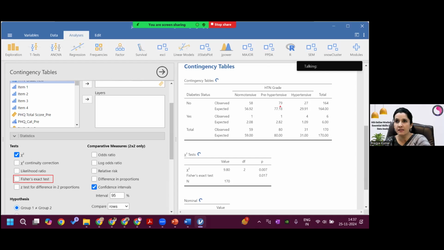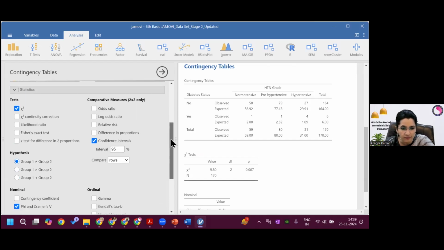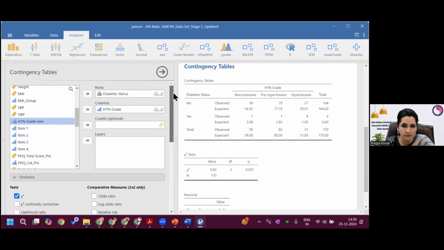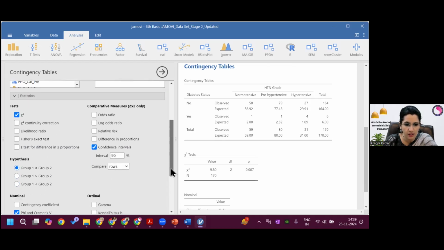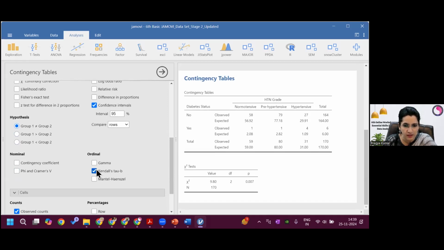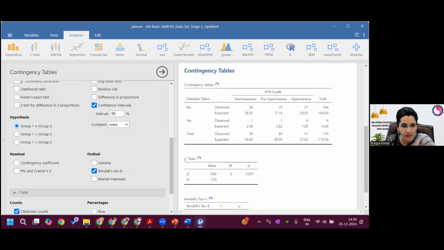And anything else? Akash is saying Kendall Tau. So Akash, Kendall Tau is basically for the ordinal scale. And Kendall Tau is when at least one is binomial and the other is ordinal. So like diabetes and hypertension, again, this can be there. So if you click, instead of phi and Cramer's V, you can click this Kendall Tau also. And this also gives you the